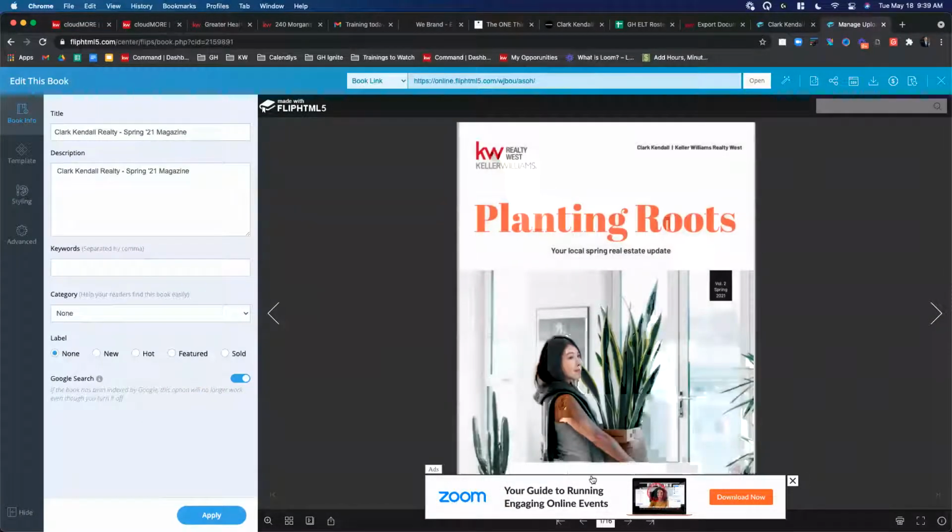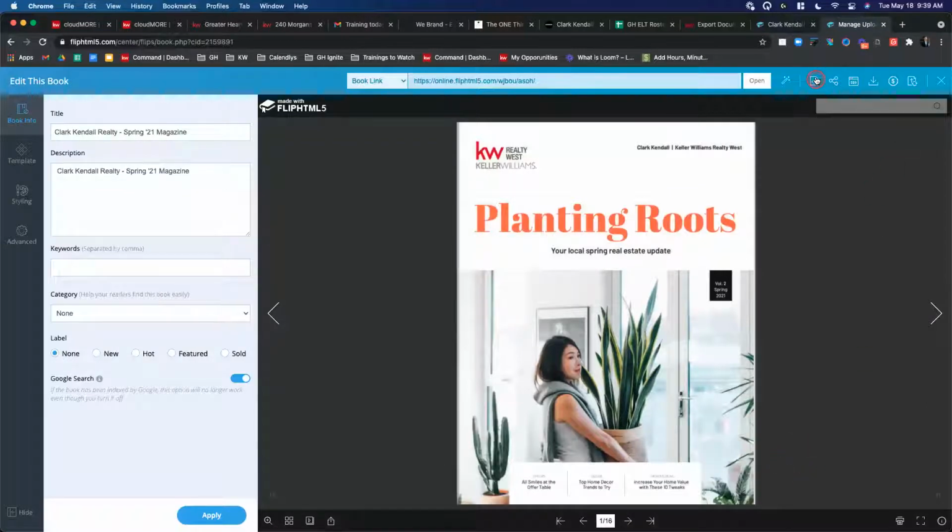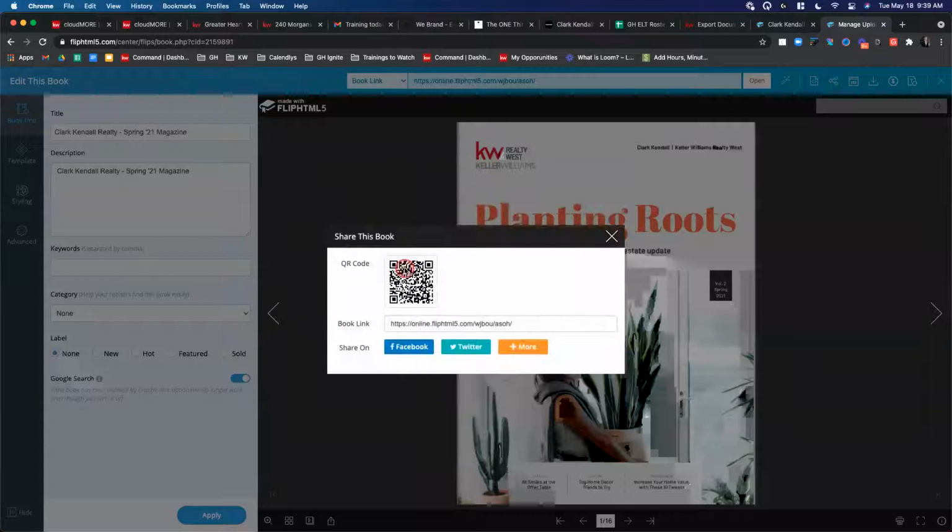So what I want to do here now, I'll actually change my description to there. I'm going to allow you all to test this out. Up in the top right-hand corner here, you've got the little three circle button. That's the share button that we might be familiar with. There's a QR code if you want to put it on an open house flyer. That'd be cool. I don't know, business card, whatever you want to do here. But this QR code is specifically for this magazine and will take them to this link.